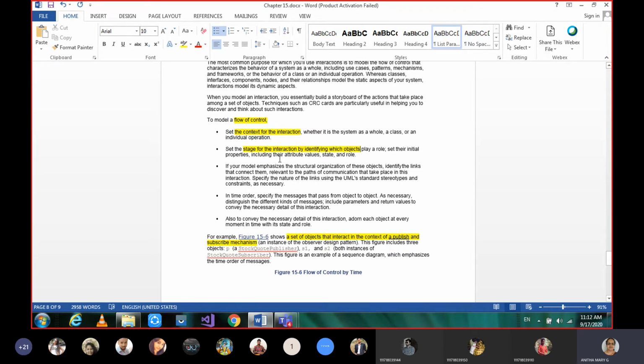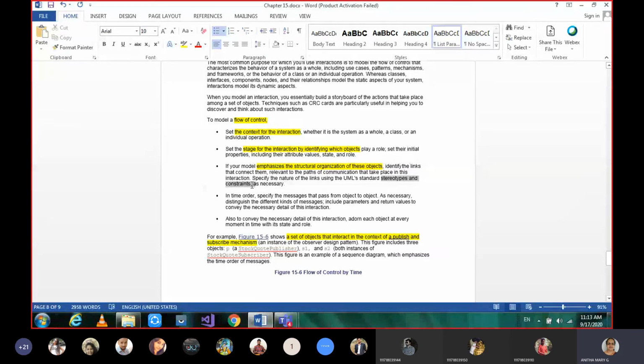Then we have to emphasize on the structural organization of these objects. That is nothing but the collaboration diagrams, and we need to identify the links, connections, paths that exist, and specify the nature of links based on the stereotypes.